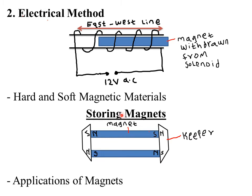Now, what causes demagnetization is repulsion at the poles. If magnets are stored in such a way that like poles are close to each other, there is repulsion, because from the basic law of magnetism, like poles repel and unlike poles always attract each other. So magnets should be stored in such a manner that the polarities are attracting each other. If their poles are repelling each other, then that repulsion is what causes demagnetization. Therefore, magnets are stored in pairs with unlike poles adjacent or close to each other, and